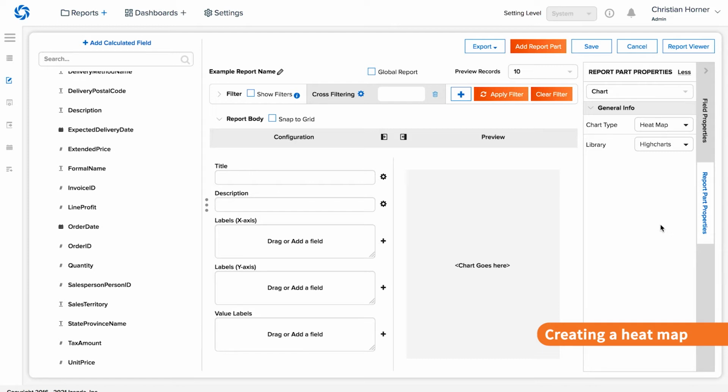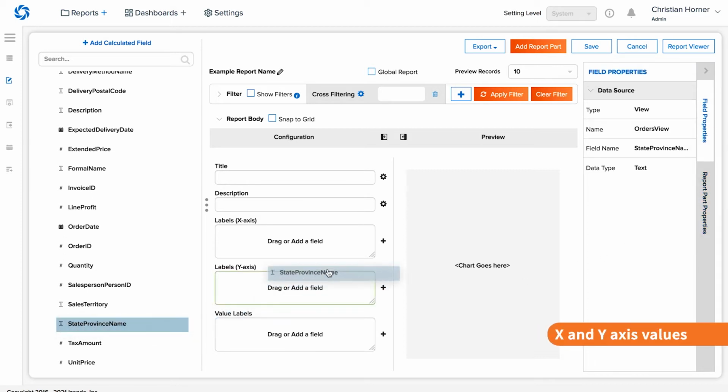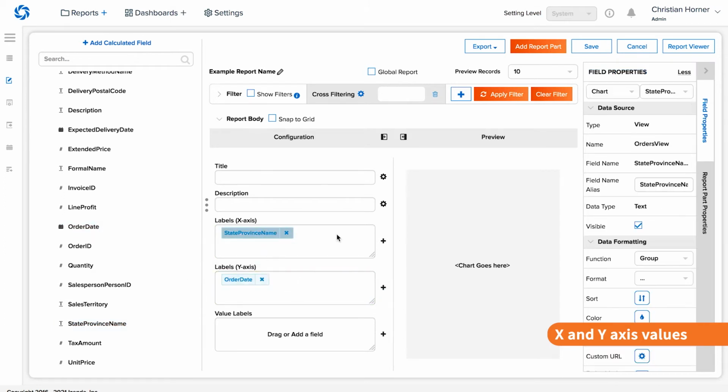The value labels will dictate each of the squares on the heat map visualization according to the x and y axis points. For this example, we will use states for the x-axis and a date field for the y-axis. In the Field Properties panel, our states will be automatically grouped while the date field will default to the year